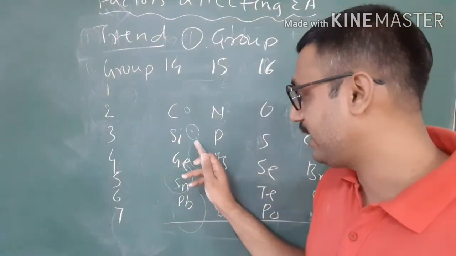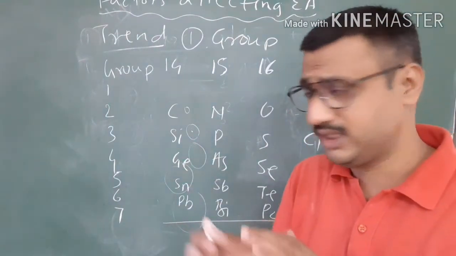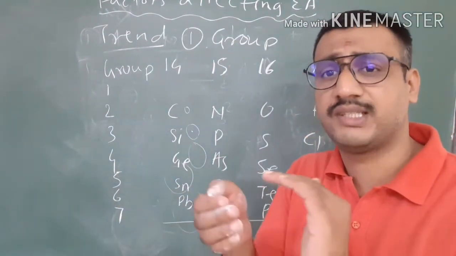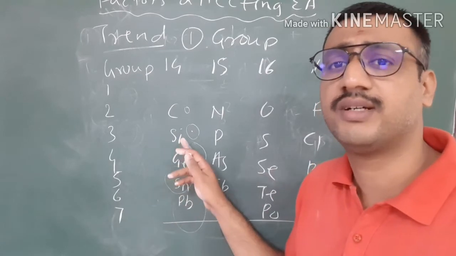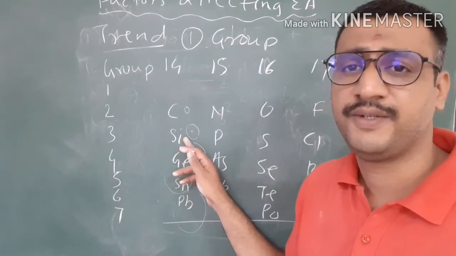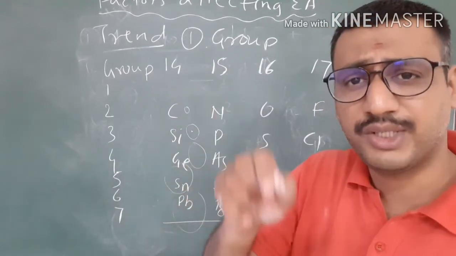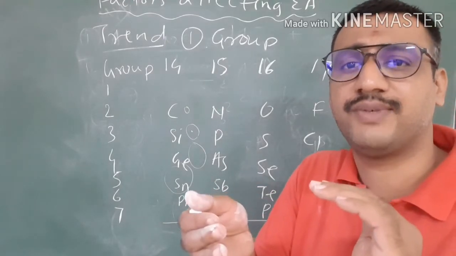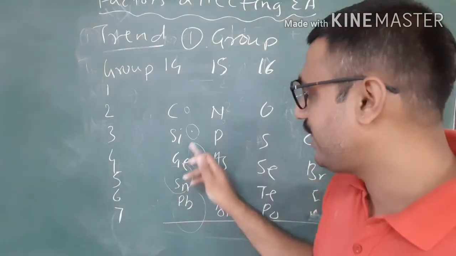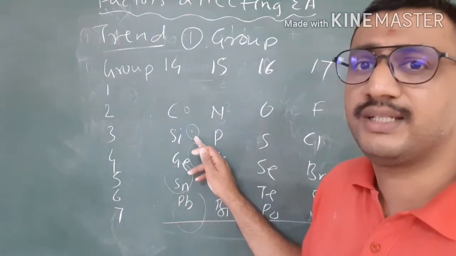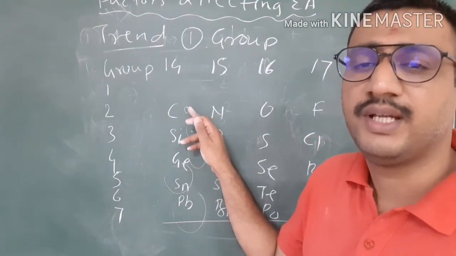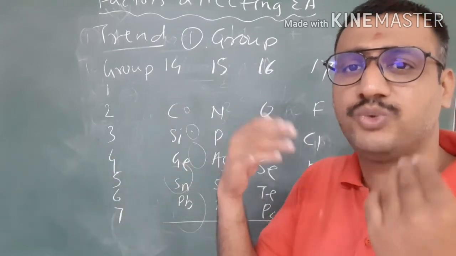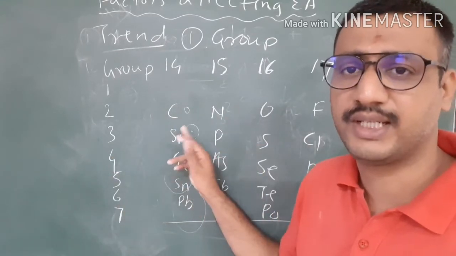But in case of silicon, what happens? Silicon belongs to the third period, 3 shells are there, and in the third shell of silicon 4 electrons are there. So we are putting an electron in the third shell of silicon, and the third shell is comparatively bigger, isn't it? And that's why there is less repulsion here as compared to carbon. Here we see less repulsion for the new electron in the case of silicon.